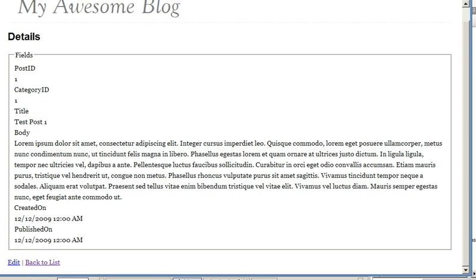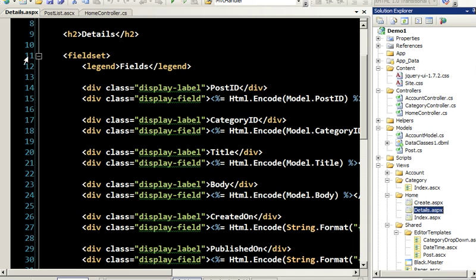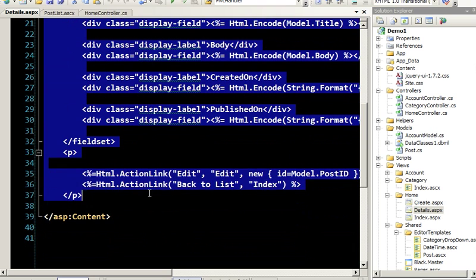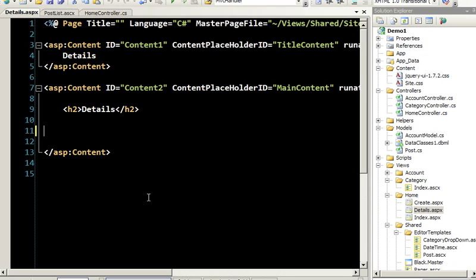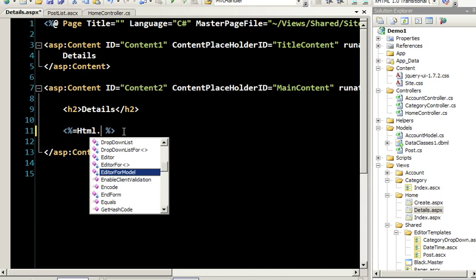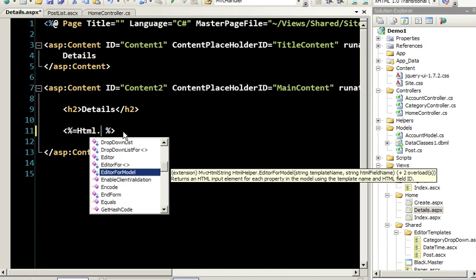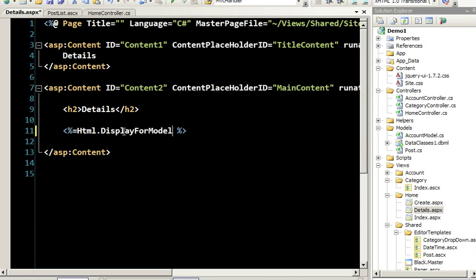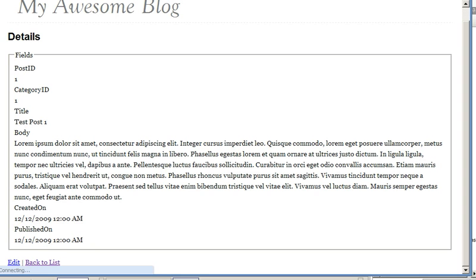Well, what if I wanted to get rid of all this stuff? I sure could. And let's just do that. I'm going to get rid of everything, as a matter of fact. And now what I can do is, as you would imagine, do the exact same thing we've been doing for the editor, except this time, instead of EditorForModel, I'm going to use DisplayForModel. And that's it. So I'll hit save. And then if I come back over here and refresh my page,